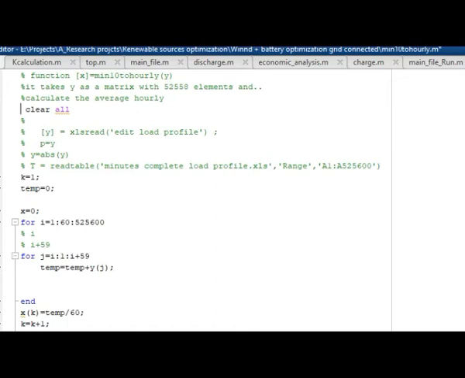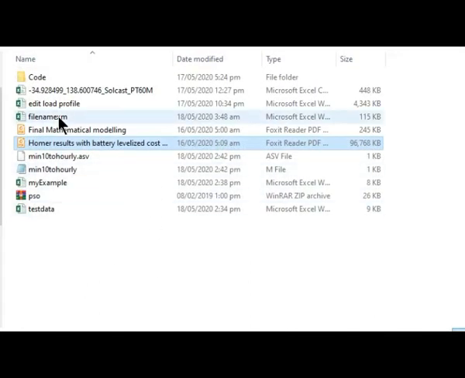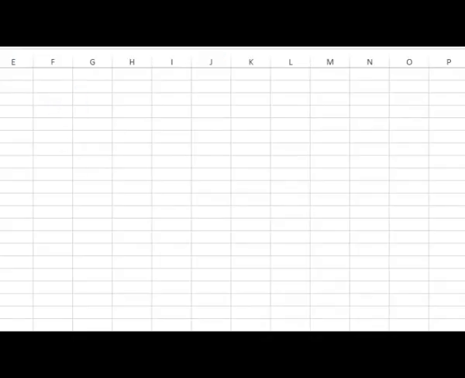So we have millions of entries and we cannot calculate it manually. So we are reading that data, and the data is stored in this added load profile file.